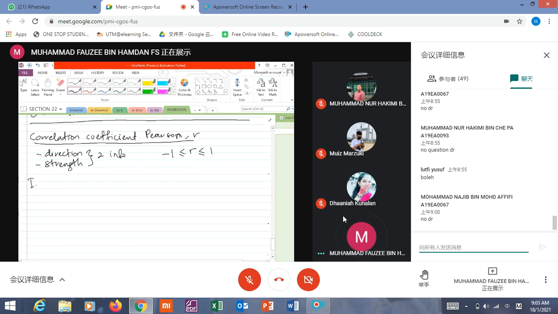Okay, so what can we comment about this value? This is the comment that you need to know. The first one, if R is close to